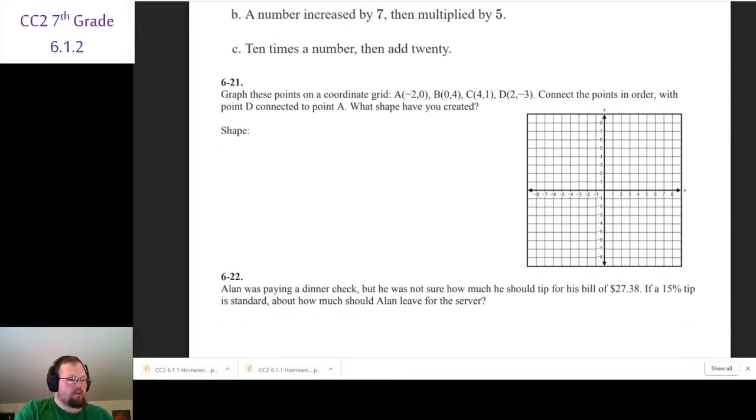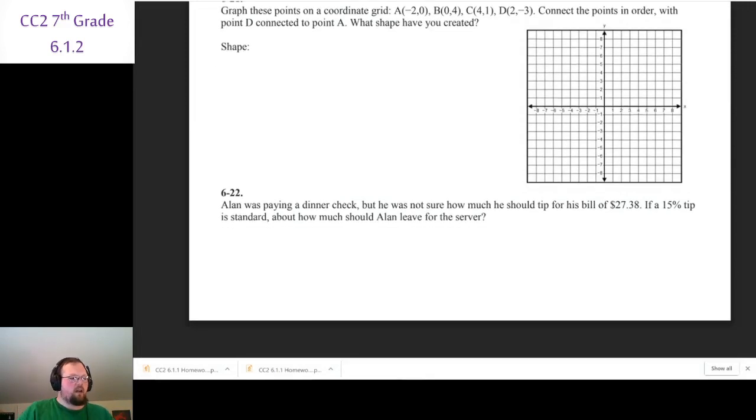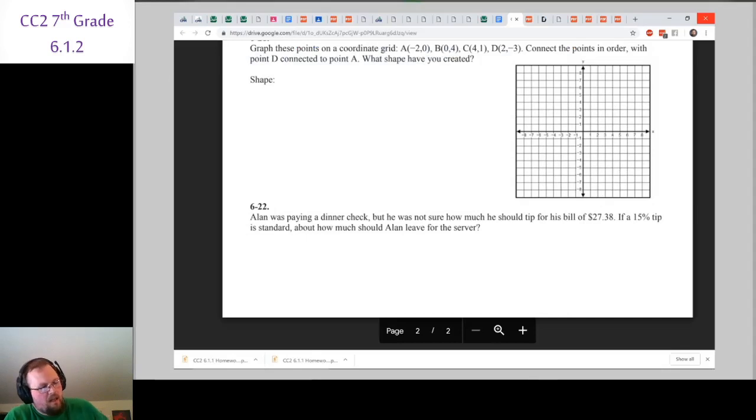If you can't graph this on the paper, that's fine. Do your best. And for the percentage one, if you are trying to find out a tip, if you have 15%, then you take the 15%, convert that into 0.15, and then multiply that by the